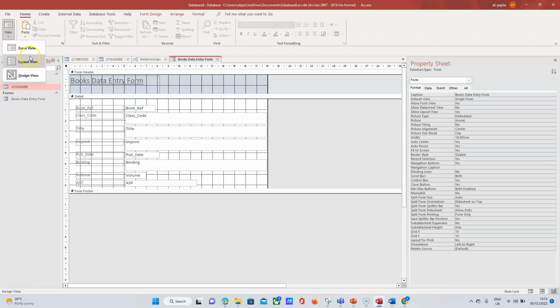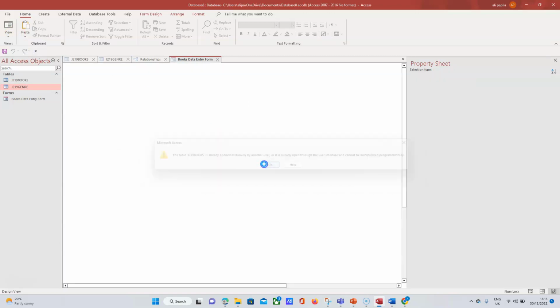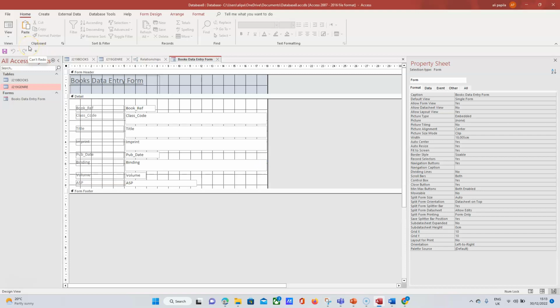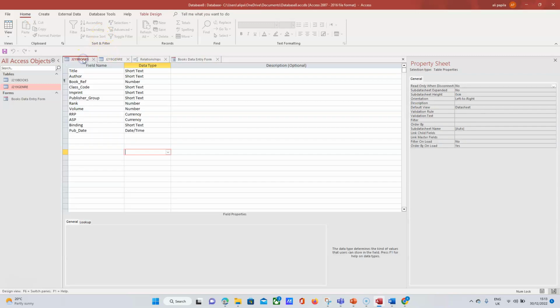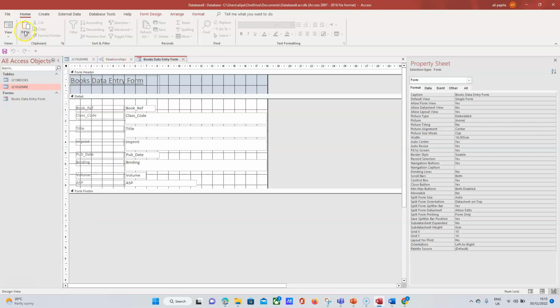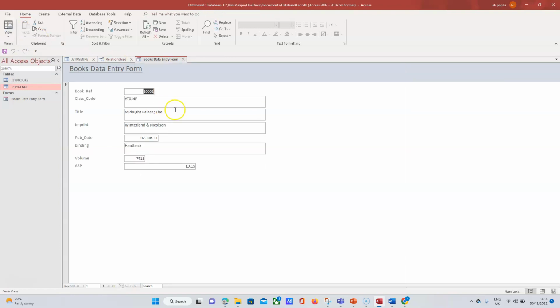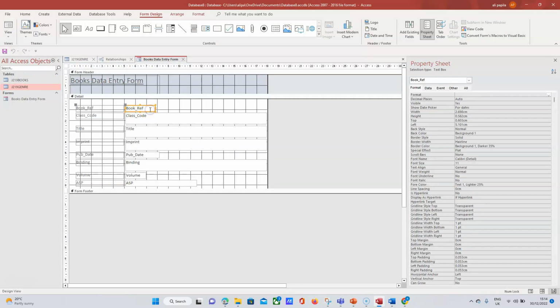Okay, let's see how it looks. Because our table is open, let me close this table first. Okay, so at the moment this is what the form looks like. As you can see, the spacing is not consistent and the text is not aligned consistently either. So we're going to go to design view again, and what we're going to do is